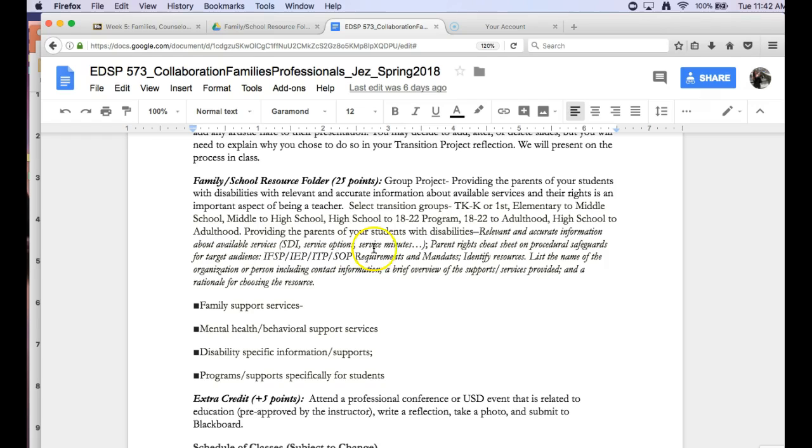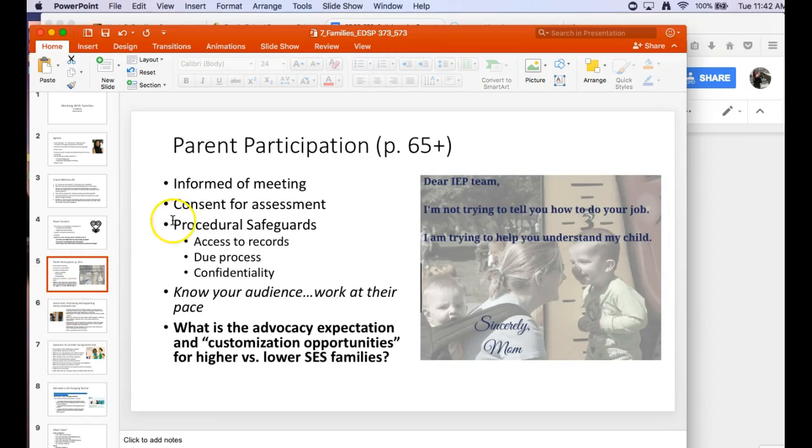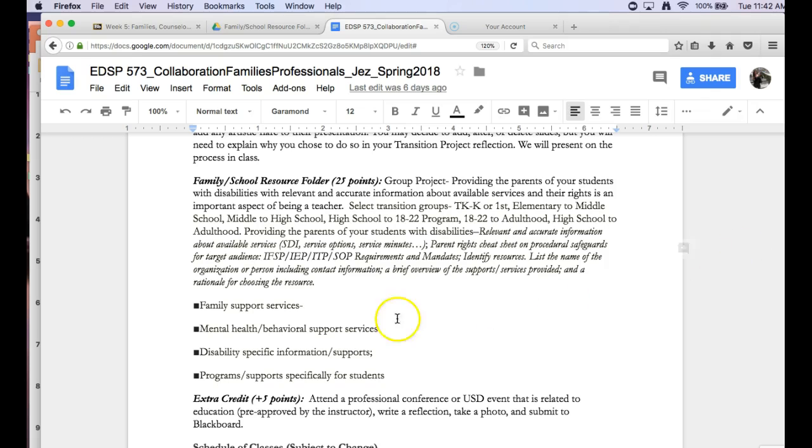We talked about the parental rights cheat sheet on the procedural safeguards for the target audience. And remember, I went through being informed of the meeting, consent for assessments and procedural safeguards, so access to records, due process, and confidentiality being really important things you're going to want to highlight for the cheat sheets.